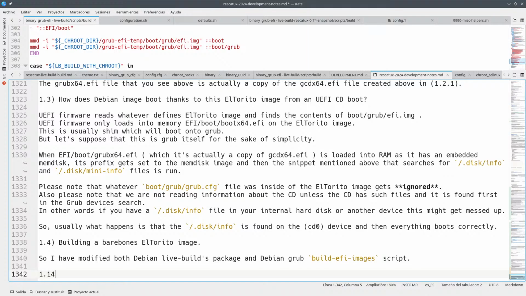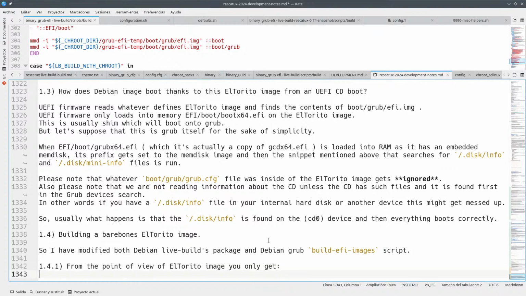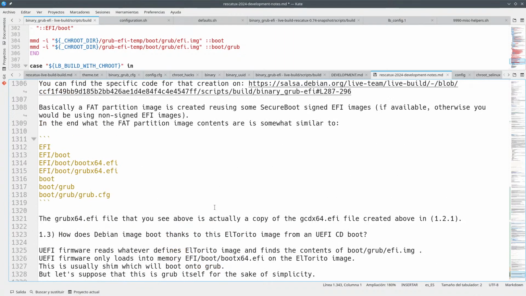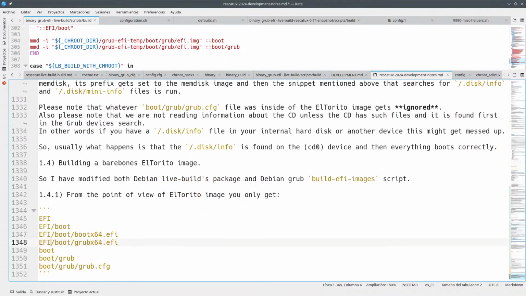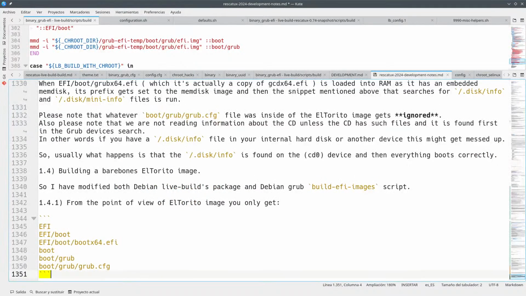So from the point of view of L3 to image, you only get, I mean, it's actually an IA32. You only get this thing. You only get this thing here, and